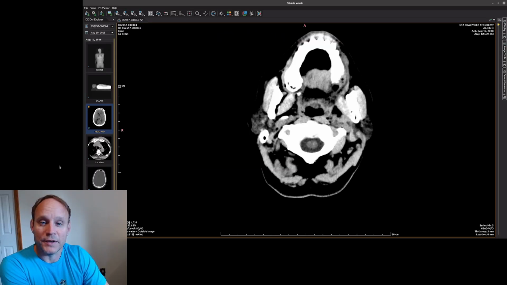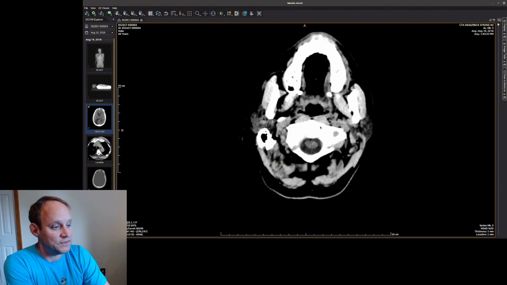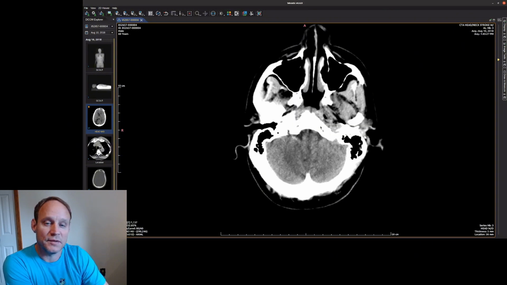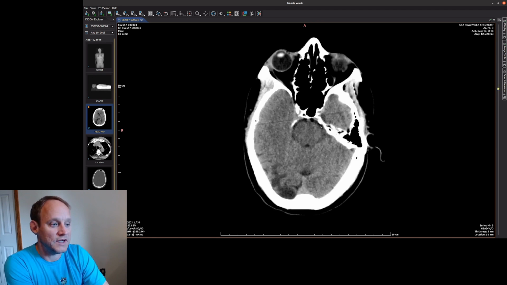Alright, so today I'm going to be talking about a case of basilar artery occlusion and thrombectomy. This is a 60-year-old patient who presented about an hour after becoming weak and nauseated while performing yard work. He was found to have some drowsiness on initial examination in the ED, but a code stroke was called given the